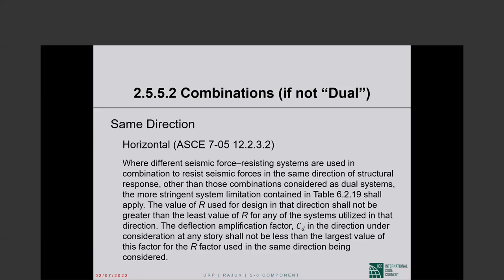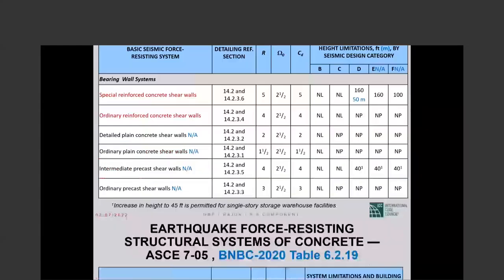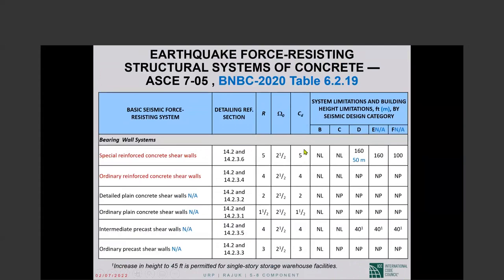We are essentially saying R will be the smallest R value of the different systems that are strung together. C sub D shall be the corresponding C sub D, like if the smallest R value comes from a bearing wall system, the corresponding C sub D of 2.5 will be the C sub D of the